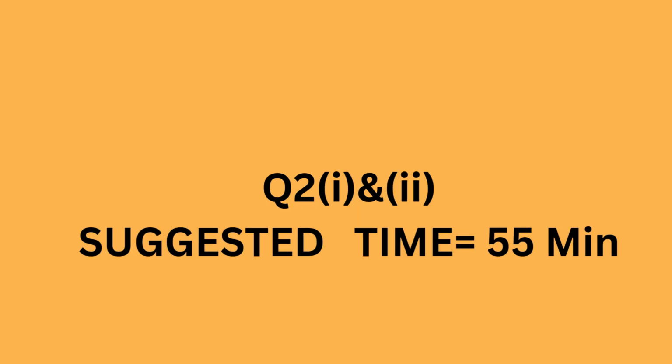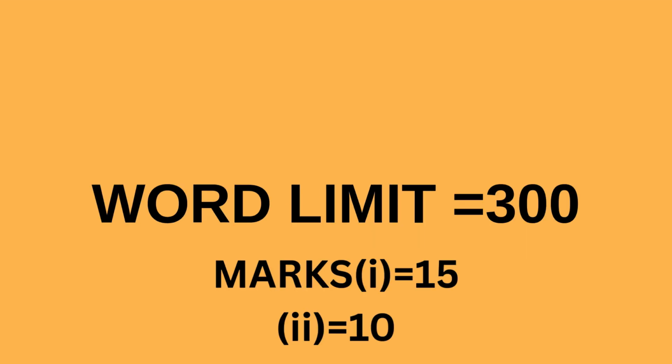First of all, we are going to discuss feature article writing, which is the first part of directed writing. Here we are going to get a choice between number 1 feature article writing, number 2 book review, number 3 speech, number 4 newspaper report, and number 5 statement of purpose. The question paper itself suggests that we must not exceed 55 minutes if we are attempting question number 2, which means that the first part, which is for 15 marks, will be out of these 5 topics, right?